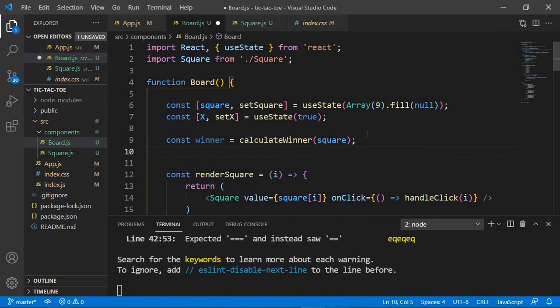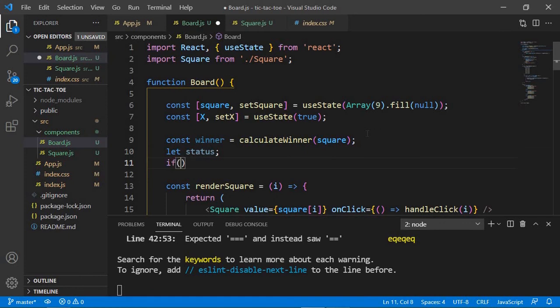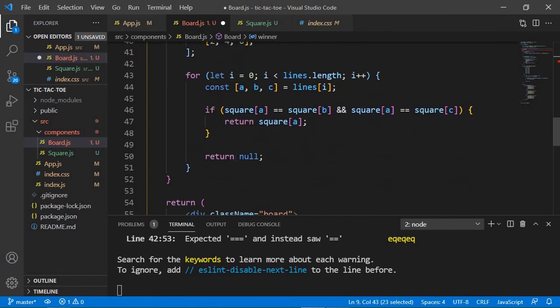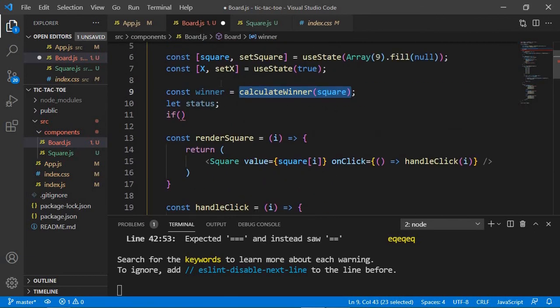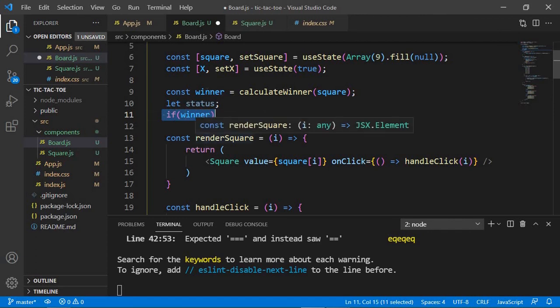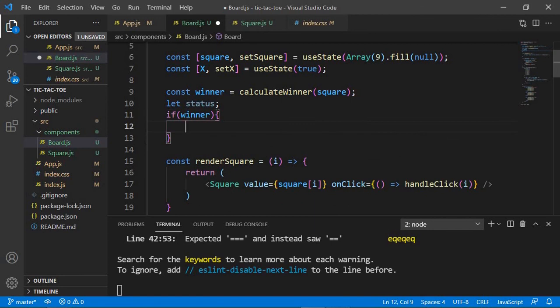After this, we're also going to create another variable called status, and we're going to check for winner. Every time this function is called, it is going to return one of two things: either a winner or null, because that is how we have written the code right here. That value is going to be stored in the winner. So we're going to say if winner, and if the winner is null, then this statement is going to be false. If the winner has a value that's going to be X or O, then this statement is going to be true. So if there is a winner, then we're going to set the status